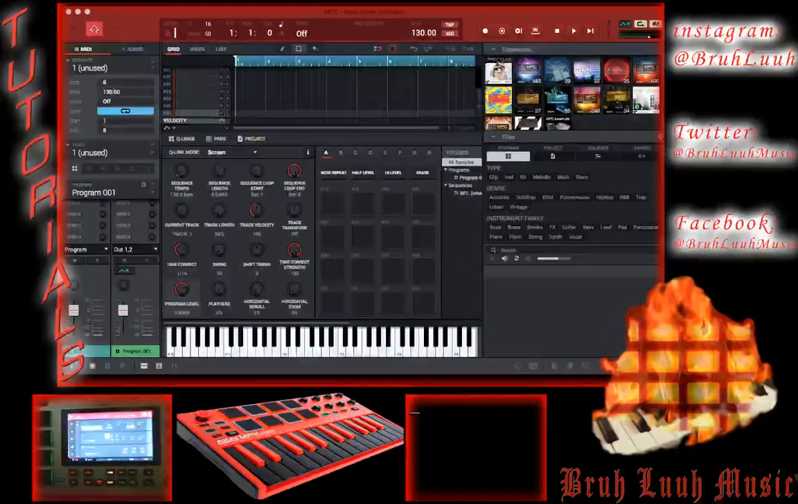Once you get it installed, you should be able to see it over here on the right hand side in your browser. Okay, so all of your expansion packs should be here on this right hand side. Now once you get your packs loaded up, the next thing that you need to do is to make sure that your MPC